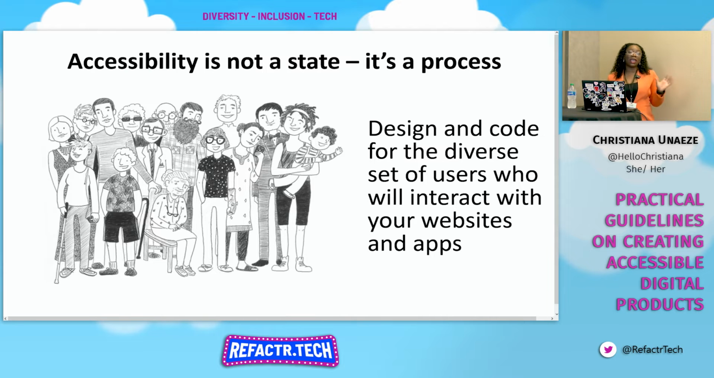Now, one thing I want everyone to know is that web accessibility is not a state. It's not something that you get to. It's a constant process. It involves a process that is constantly evolving because the technology that we use on a day-to-day basis is constantly evolving. Humans are very dynamic, and so you want to design and code for a diverse set of users who interact